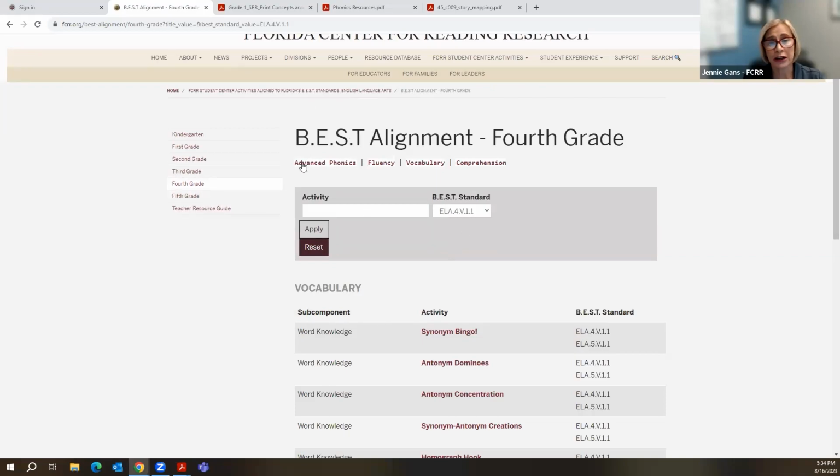You could also click across the top at any of our vocabulary, comprehension, and all of those activities would come up by that grade level. And these do take time. The student center activities do take some time to print and create and laminate and cut and all of those pieces for classroom use. One thing that I used to do as a reading coach is I made a library of student center activities in my office.